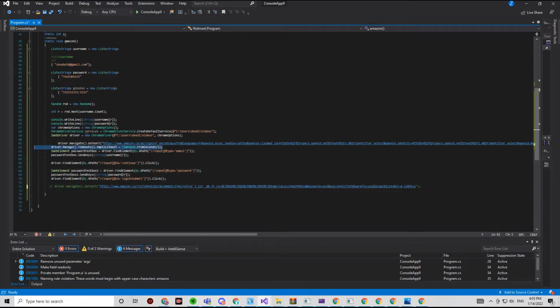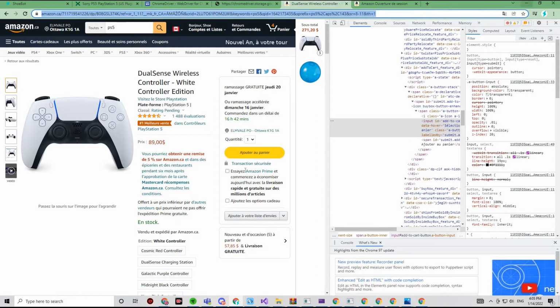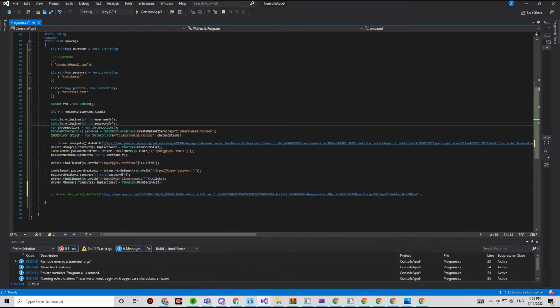Again, because we're logging in our account, there might be a delay, so we just want to add a delay just in case something happens. And we're going to send values to the search bar, and then write PS5. So the way I'm going to do it,